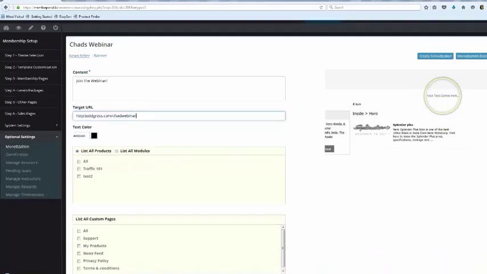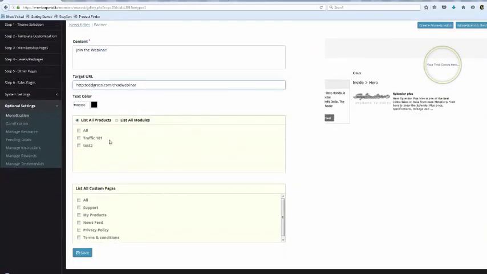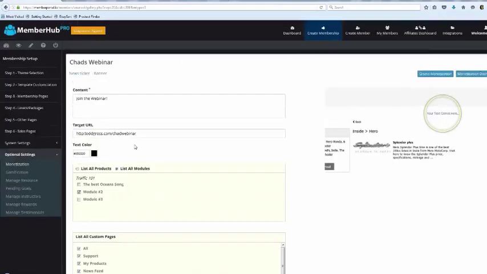Now what we're able to do, guys, instead of just having a universal widget like WordPress does, obviously we could just put this on all of our pages and all of our custom pages. Okay, but let's say that we have a module that's going to teach you how to succeed with email marketing. Well, wouldn't it be in our best interest to display a banner for like Aweber on that one module but not the rest of the sites? Do you guys get this? It's laser targeted. You can make a news ticker or a banner appear on that specific module if you choose to do so. And then if you want to have a different banner on a different module, you go and you create a new monetization campaign.